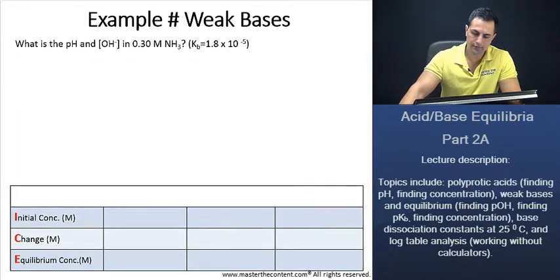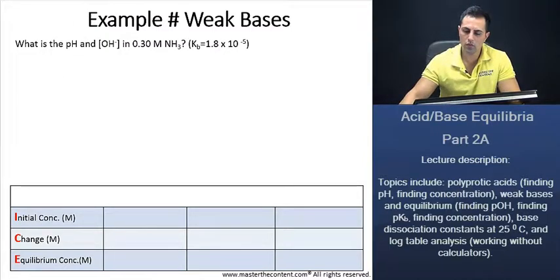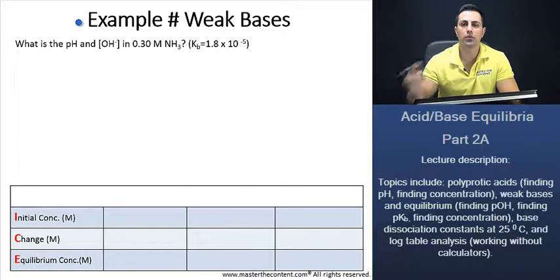Okay, great. Now we're going to do an example of weak bases here. With this weak base, they're asking us what is the pH and the OH concentration in a 0.3 molar ammonia solution, and the base dissociation constant is given to us. Okay, great. We can find the pH from the hydroxide ion concentration, right? And the